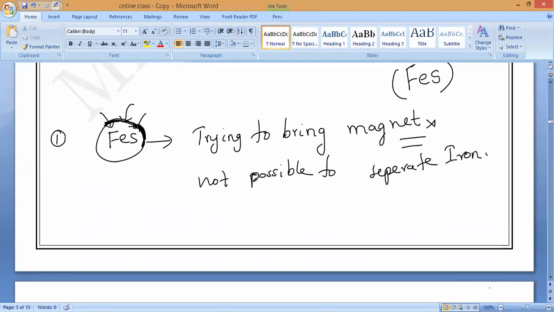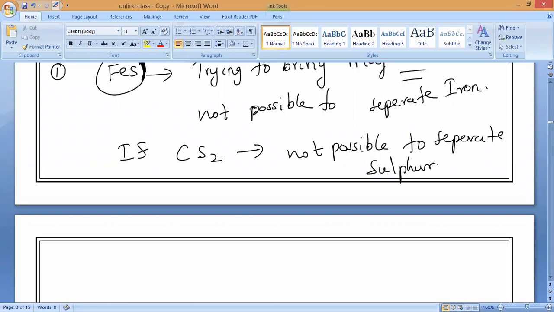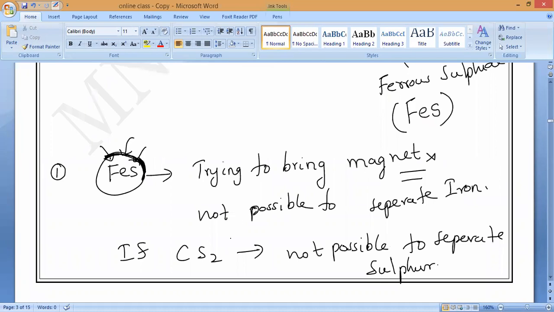Now forget about the magnet, it is not working. Now, can I bring the organic solvent? What is it called? Carbon disulfide. Now, if I bring carbon disulfide as the second step, then also it is not possible to separate sulfur. Why? Sulfur cannot be dissolved. Can you say why? Because sulfur has also lost its property. Sulfur won't dissolve in CS2, carbon disulfide, because they are chemically combined together and are getting new properties. Do you understand? The old characteristic is gone.